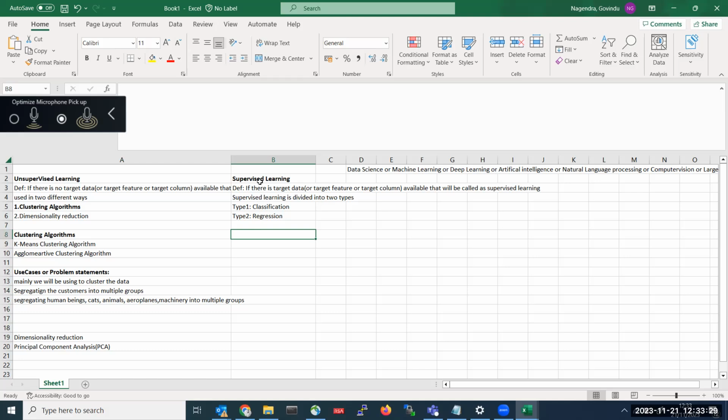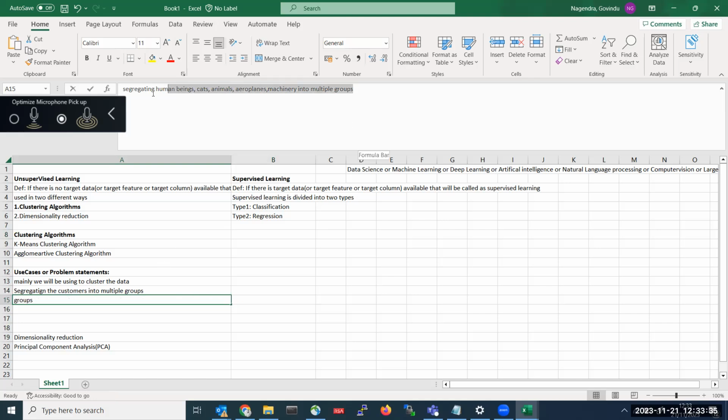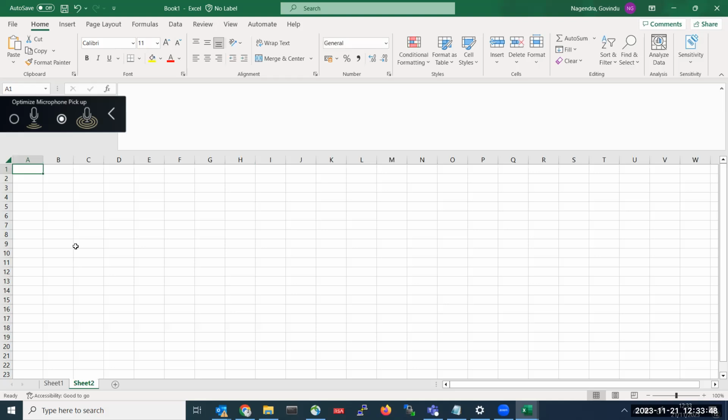So now in the unsupervised learning, here you will be getting data like this. Let us take this example, the sheet. This is the problem statement.